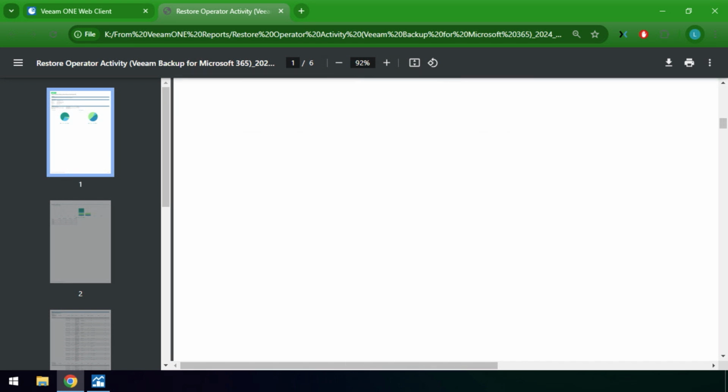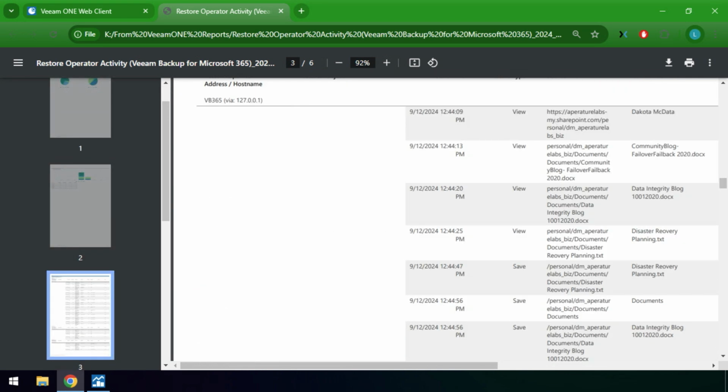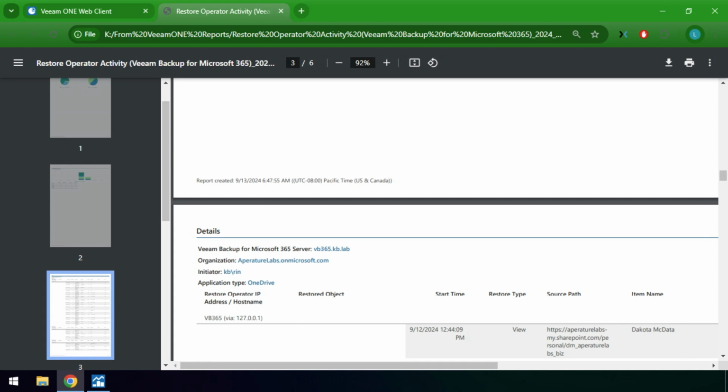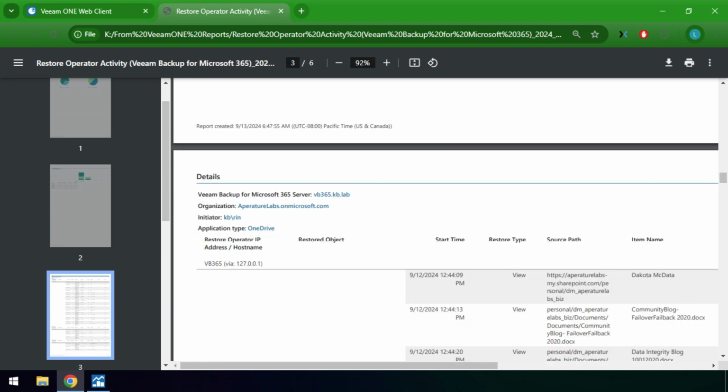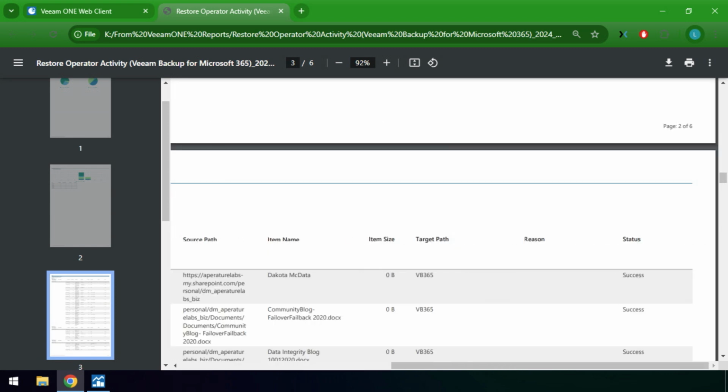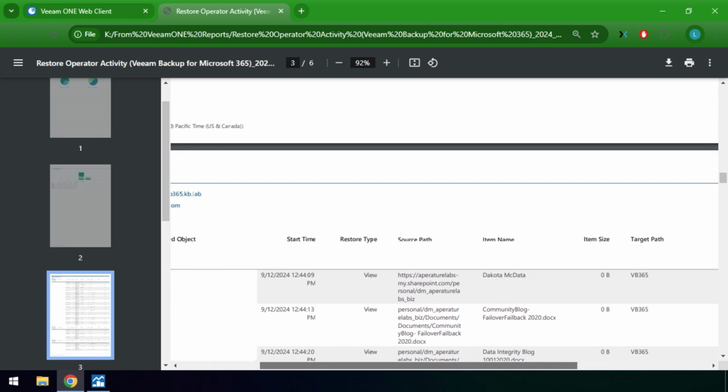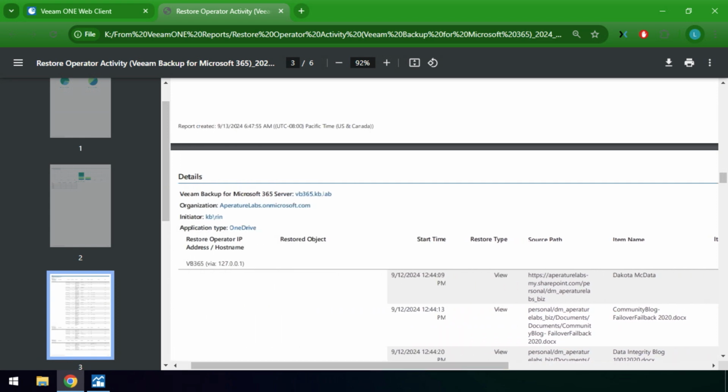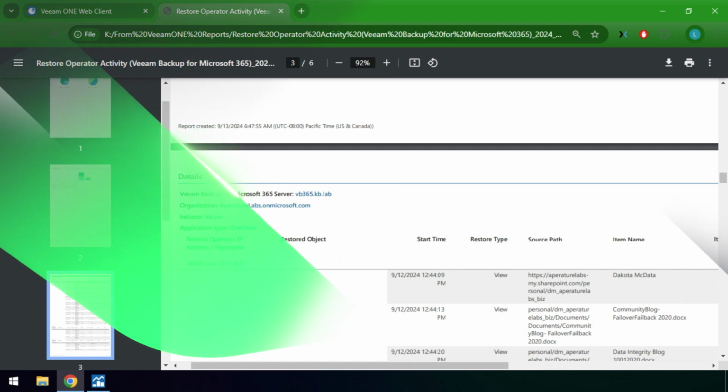Under the Restore Operator activity, we can take a look at one of the reports that have already run. And as you can see, we see a lot of those same statistics that we saw in that coffee window. But the more interesting side, we have a much deeper look at all types of restores, who did those restores, what type of data it was, and at what times of day those operations happened.